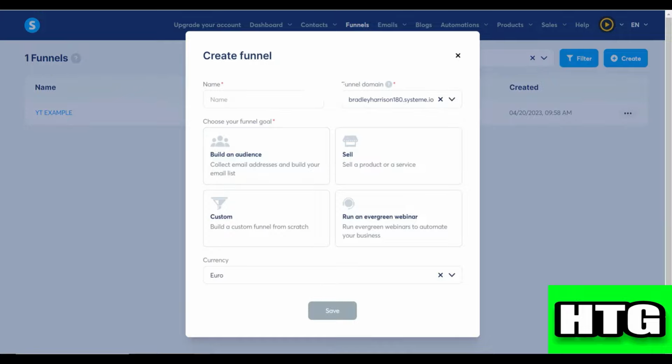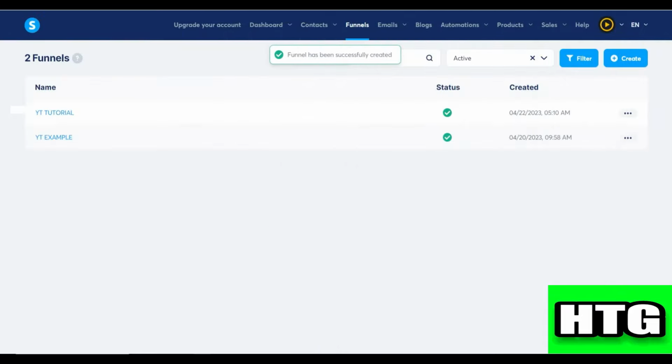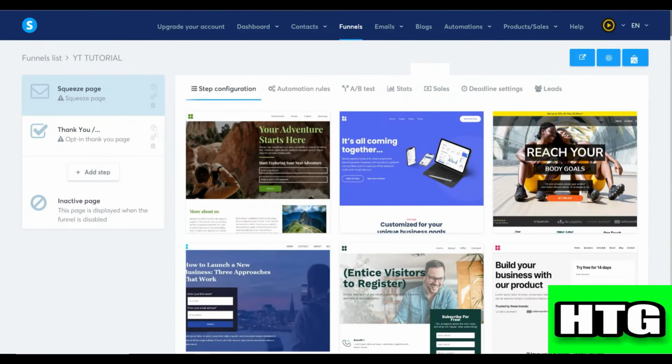Over here, you have to enter the name of your funnel and its domain. Then select the funnel goal as we are creating it from scratch. So just click on custom and select your currency. Then click on save. After that, click on the funnel that you have created and you will be redirected to